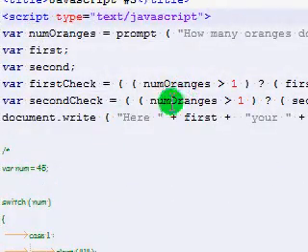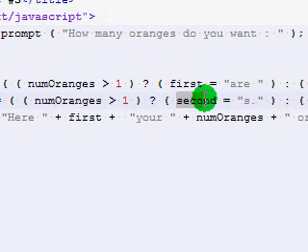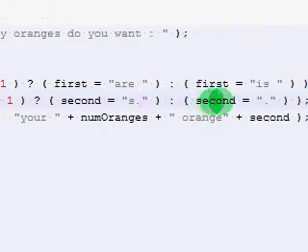And then the second statement is checking exactly the same thing, but we're assigning second a value, not first. And if num_orange is greater than 1, then we assign second a value of s, full stop. Else we assign it a value of just a full